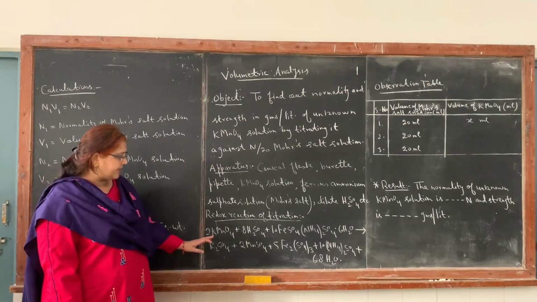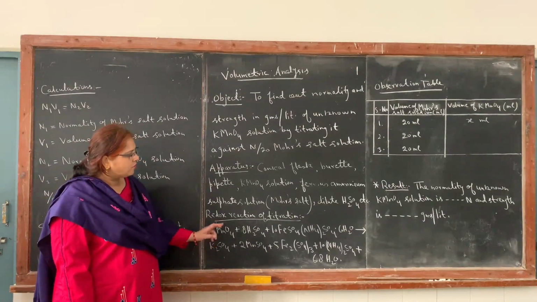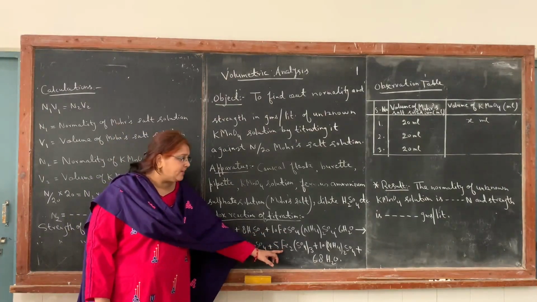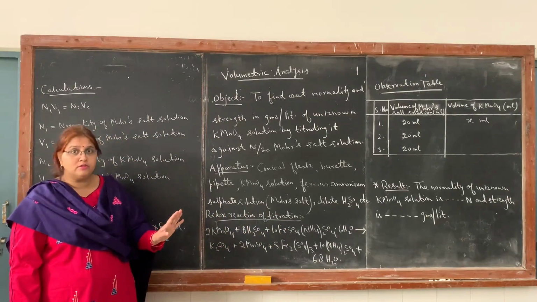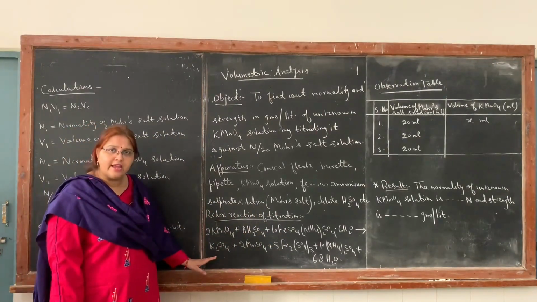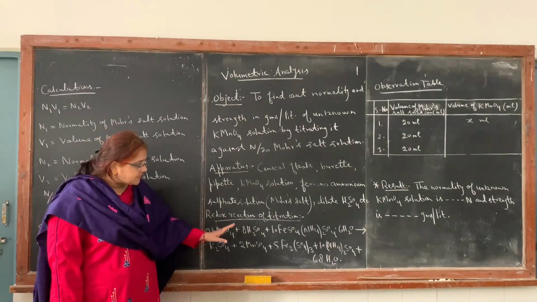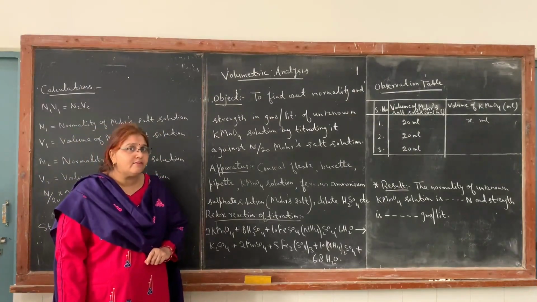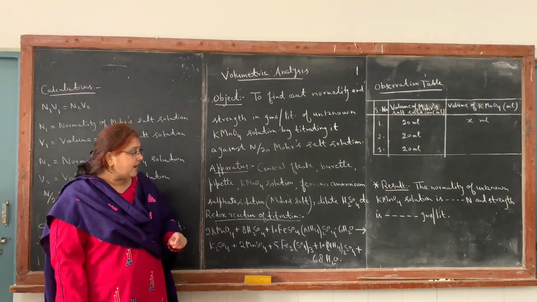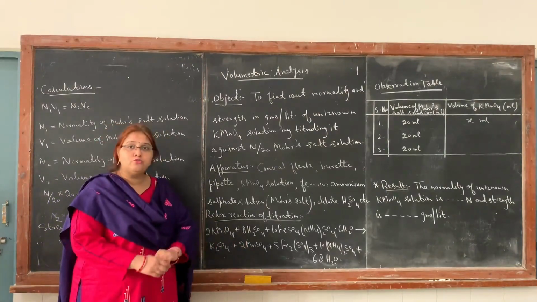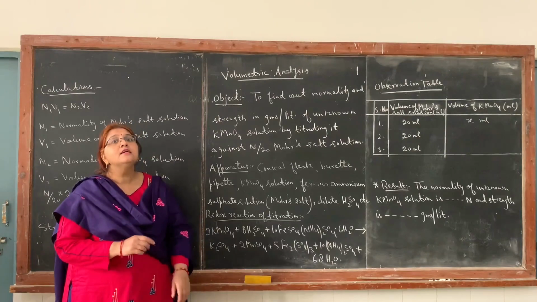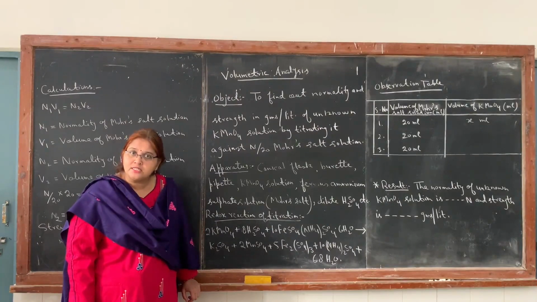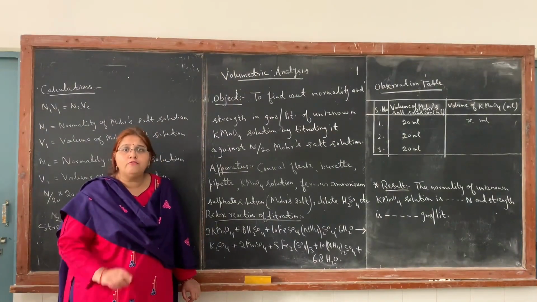By seeing the reaction, we can say that KMnO4 oxidizes ferrous ammonium sulfate into ferric sulfate, and water molecules are forming, as you can see in the reaction. Just by seeing it, we can identify that manganese is present in +7 oxidation state in KMnO4, but finally it is present in +2 oxidation state. This means it is converting from Mn+7 to Mn+2. There is a change of 5 electrons.